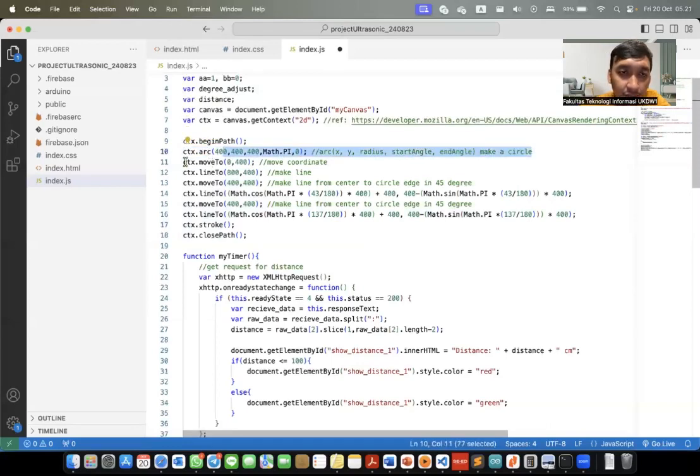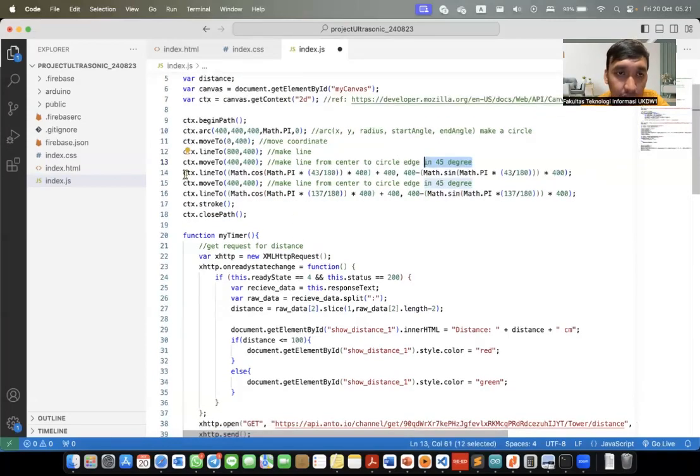and we move to 0 40 100 0 400 0 400, and to make a straight line, we move again in 400.400, which is the x and y coordinate. Then we move and make another straight line for the 40 degree to the end value.